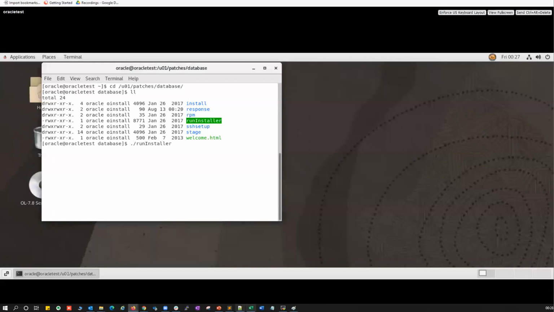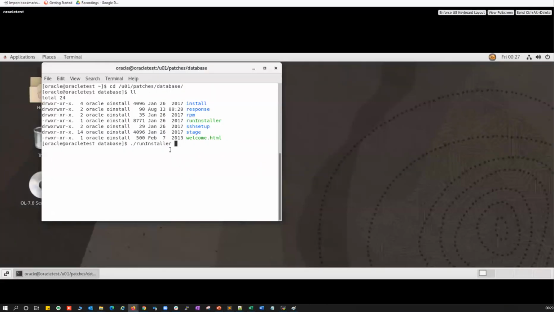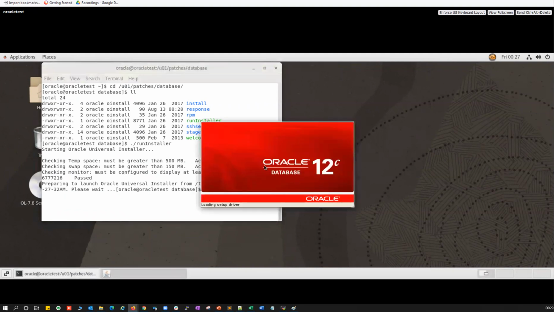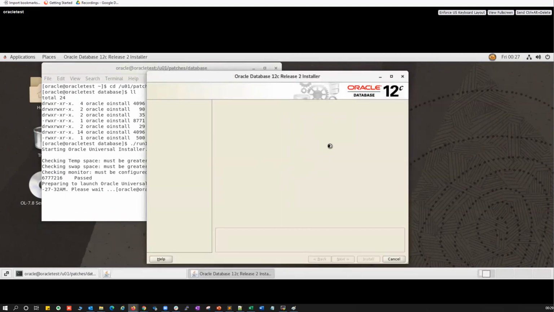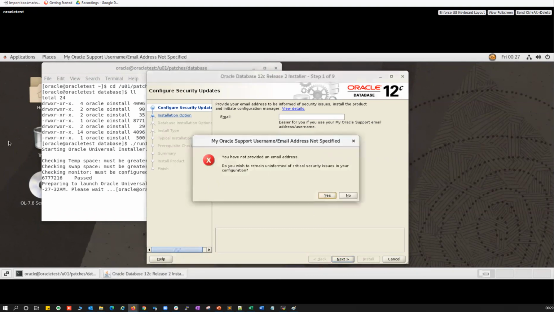As I said, you just need to run runInstaller in GUI mode. The moment you run the installer, it will prompt you with the GUI. You have to click next, pass all those parameters, and continue with the installation process. That will complete your setup. That's the user interaction mode. It's a pretty easy GUI mode, but on the command line, if you pass the response file properly, that also will successfully install your Oracle Home.